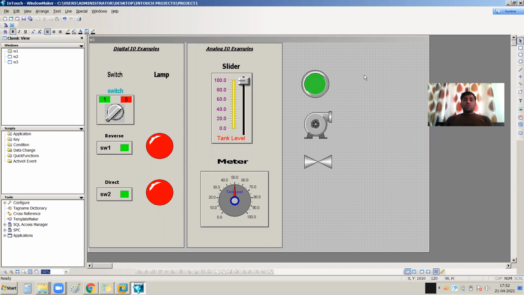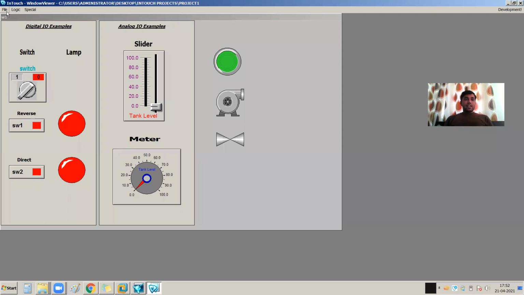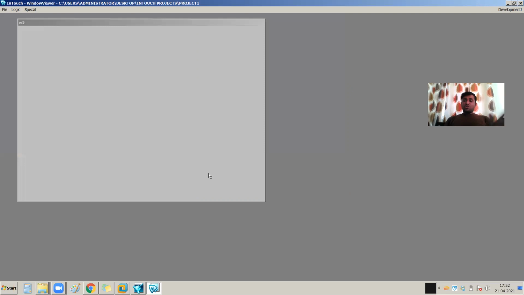The first option is when you go to the runtime. Here the file menu is available, and in the file menu, if you click on Open Window, whatever windows are available in your project will be listed over here. If you want to open window 2, you just select window 2 and window 2 will be opened.